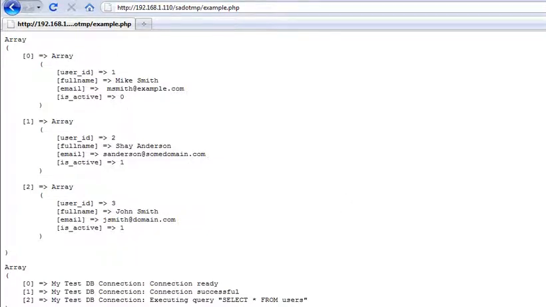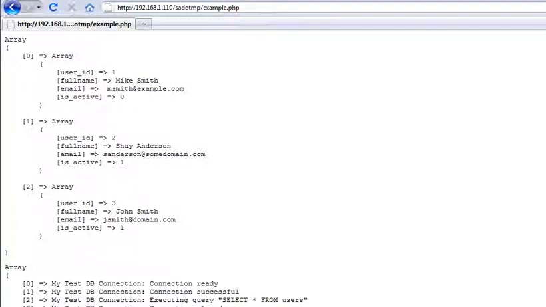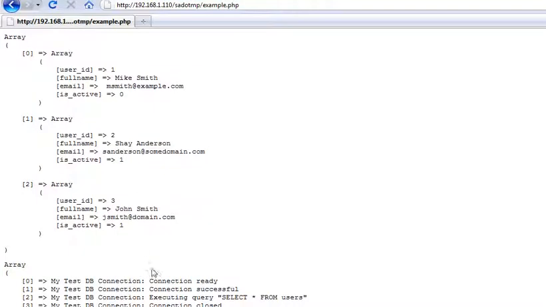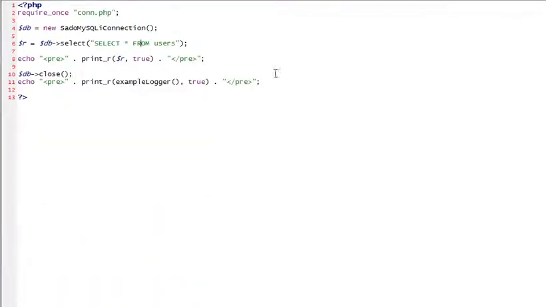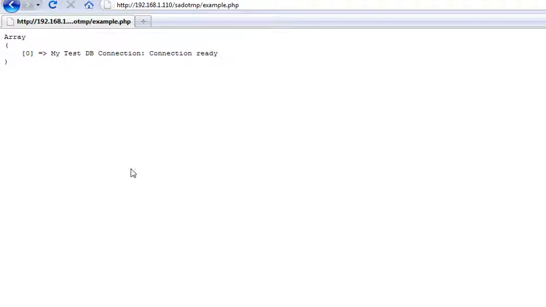It's a good idea to close a connection. So back in our example, we can tell the database to close itself. And now we will see database connection closed. Now if we go back here and remove this section where we query the database, refresh,